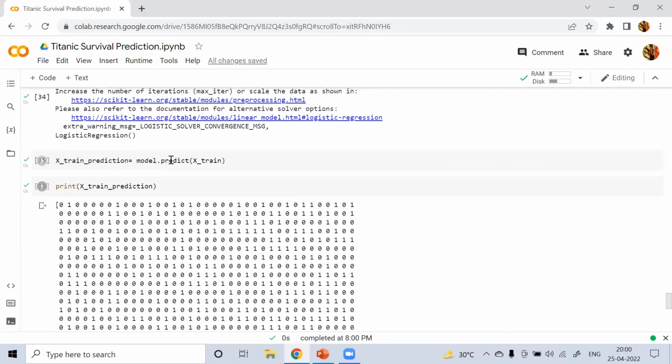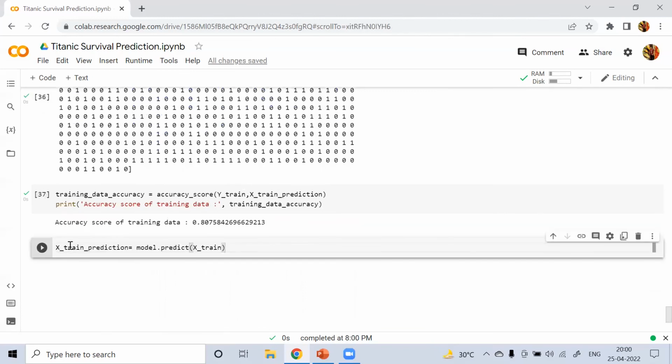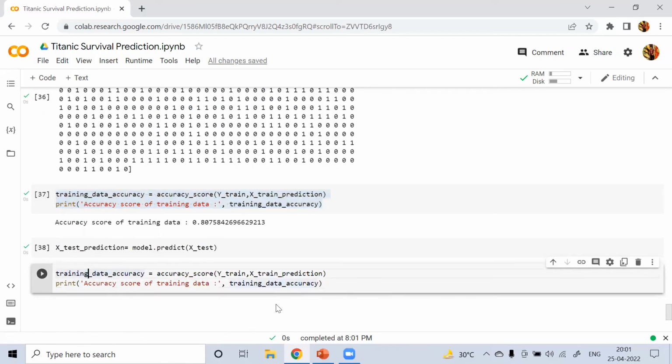So we'll just copy this. Instead of train, we have to write X test. And here I also have to change to X test. So now I will take this and replace it with test data accuracy, Y test and X test.